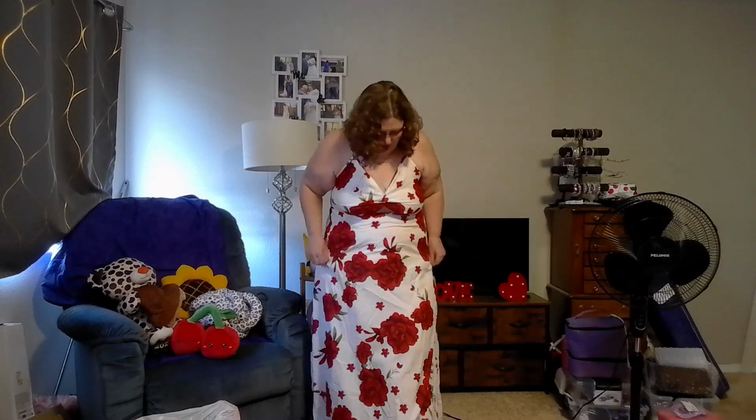This is in an XL or a 1XL, and this is what it looks like. And I will say, I don't have any shapewear on. All I have is a strapless bra that's not wired. I don't really care for underwire. So I would normally, if I'm wearing this to church, wear shapewear, but this is what it looks like. It's only 3 minutes, so I'm going to combine this with the Temu haul that I have,